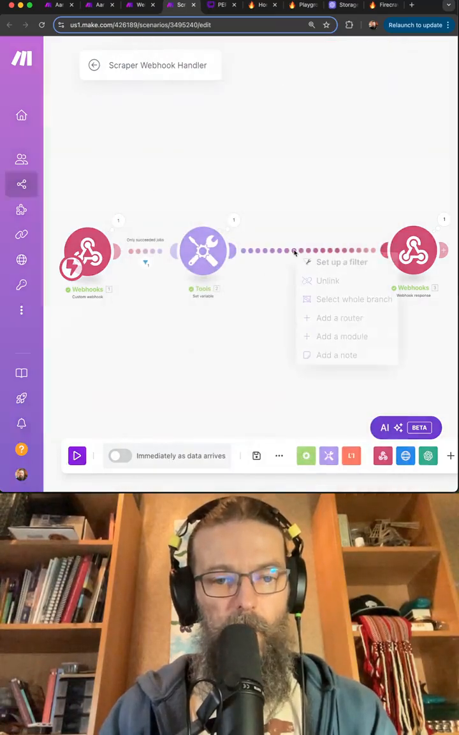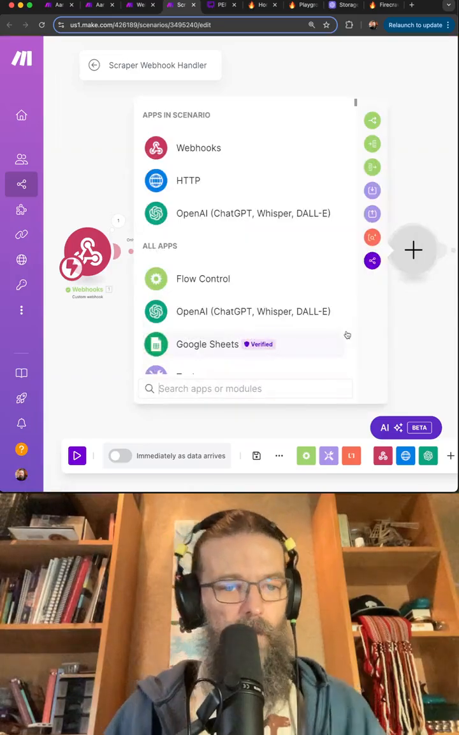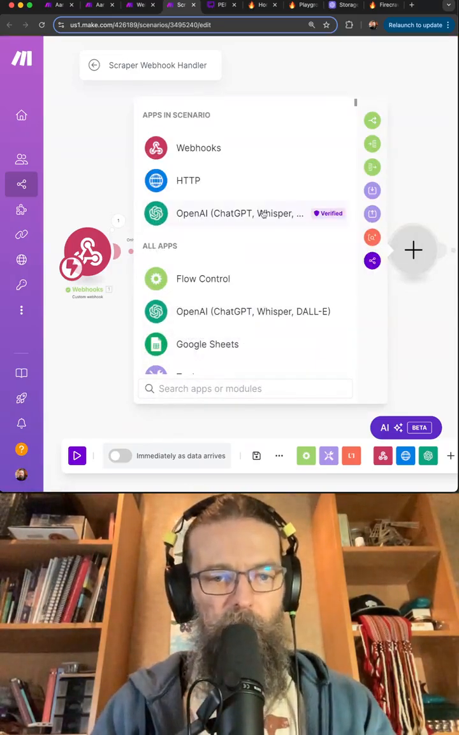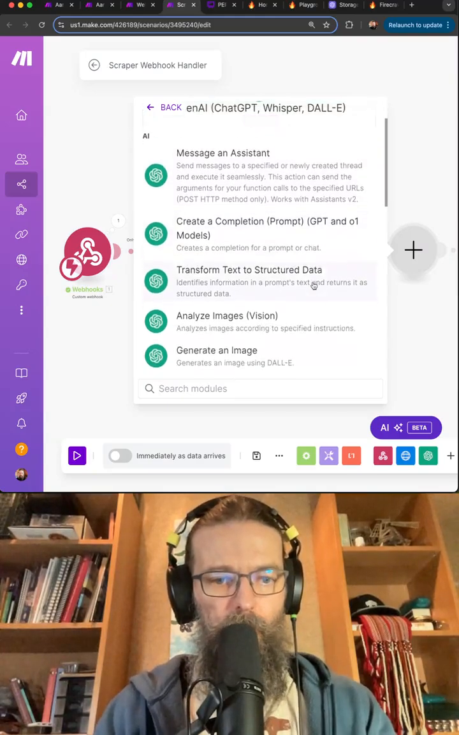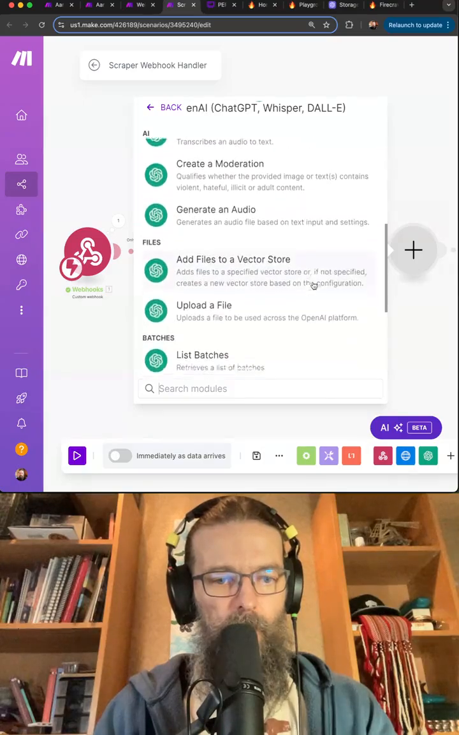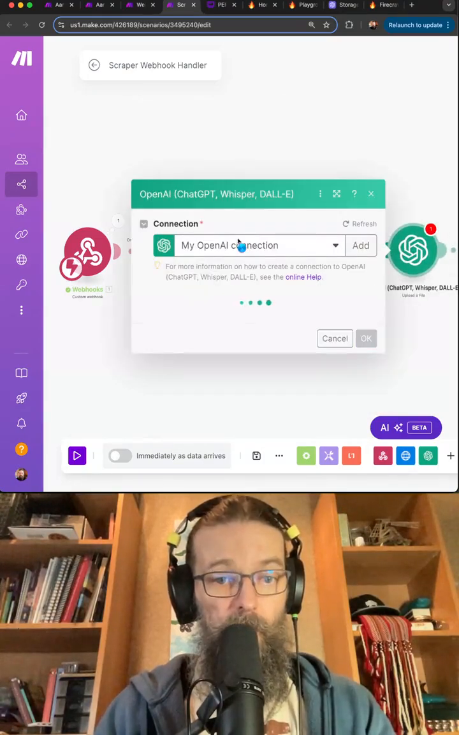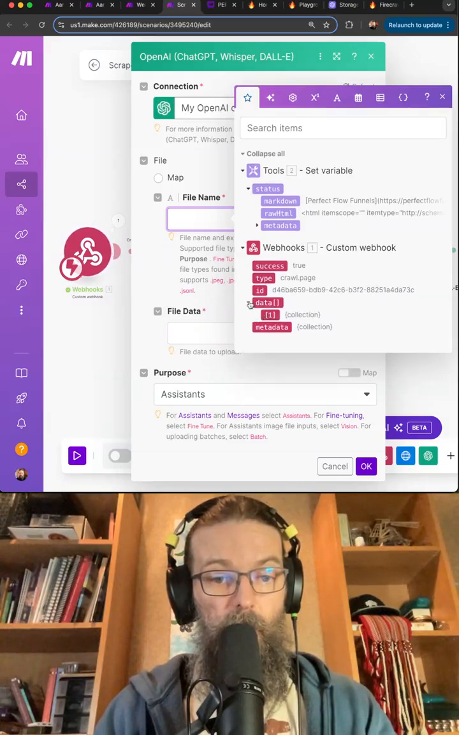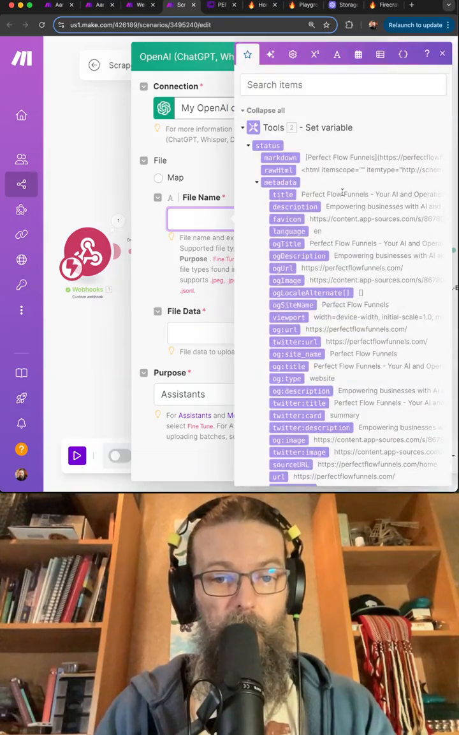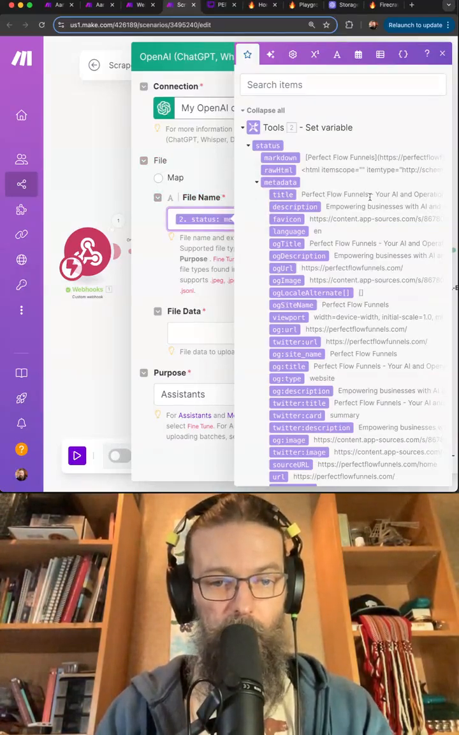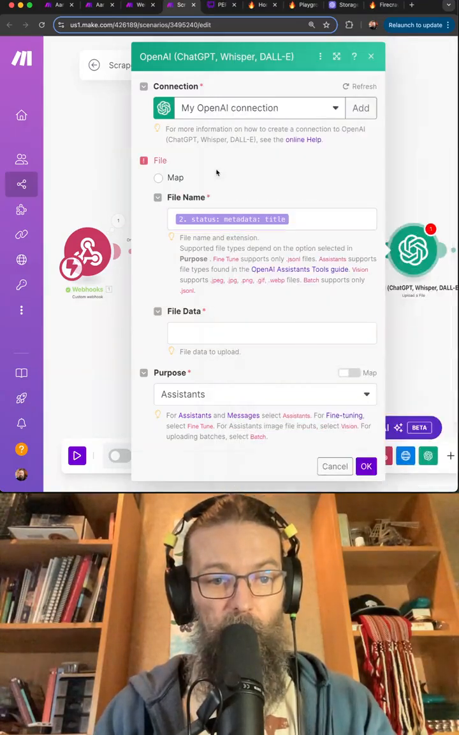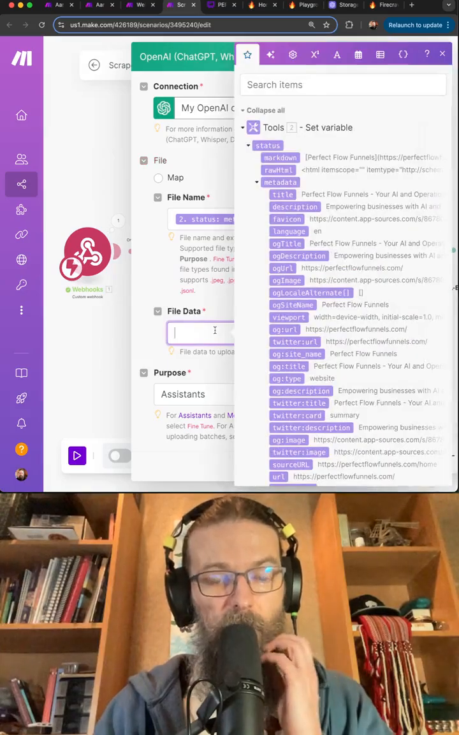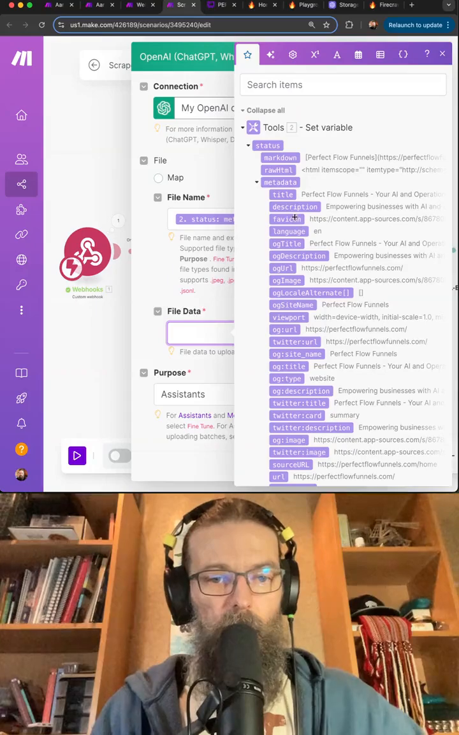So now I can add in that module. Because what I'm thinking is, we're going to do the upload a file thing. The file name is going to be, we'll just go right from the first one. Oh no, it doesn't like that. How about metadata? Okay. We're going to use the title of the page for the file name. And then the file data, I want to again use